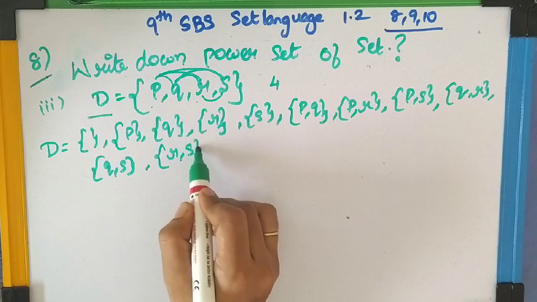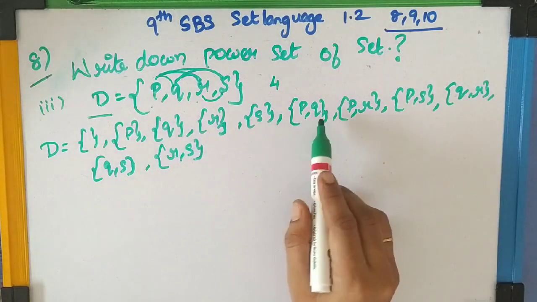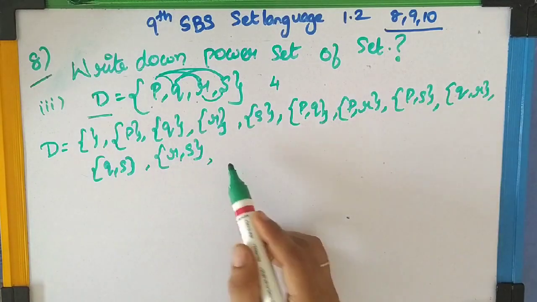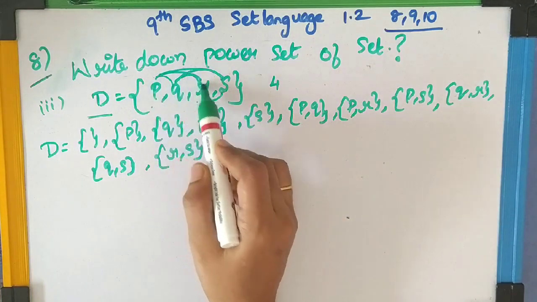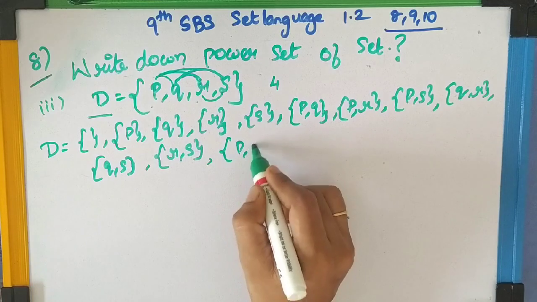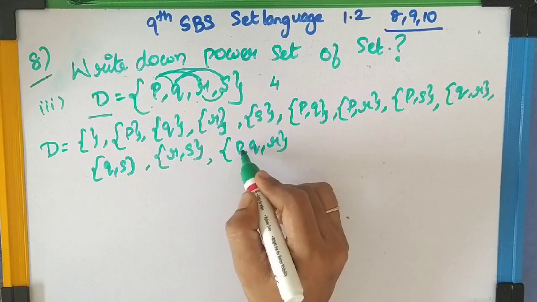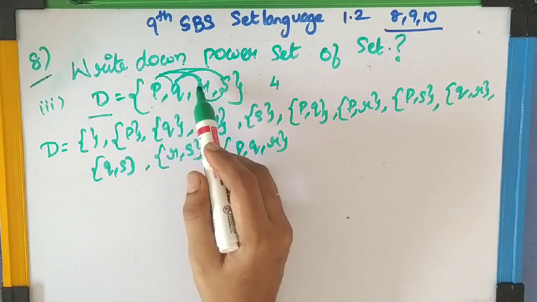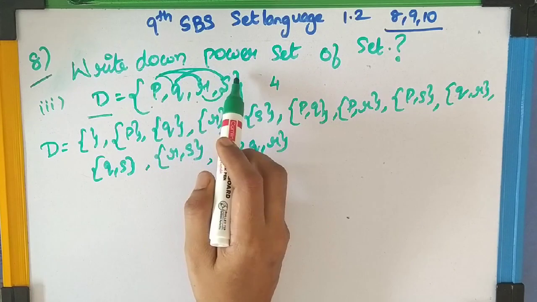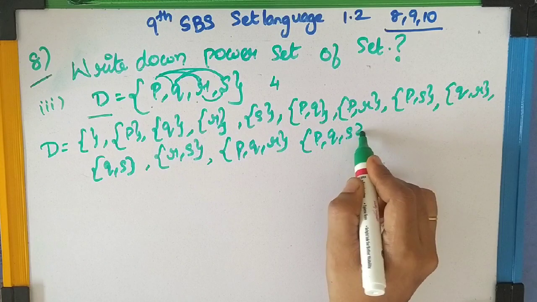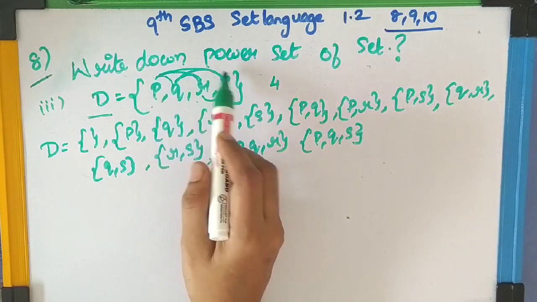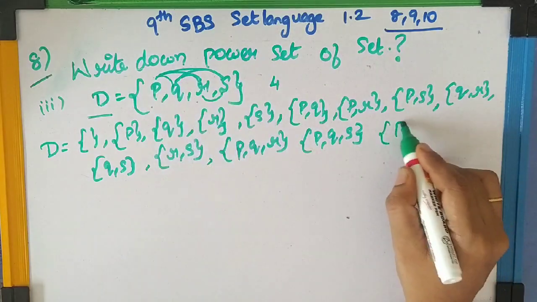So the next two element set is R, S. That is a two element subset. Now the two element subsets are over. We can join three elements. So first combine the first three, P, Q, R. What happened to S? S will start crying, isn't it? So I am removing the last element and putting S inside it. Okay, P, Q and S.